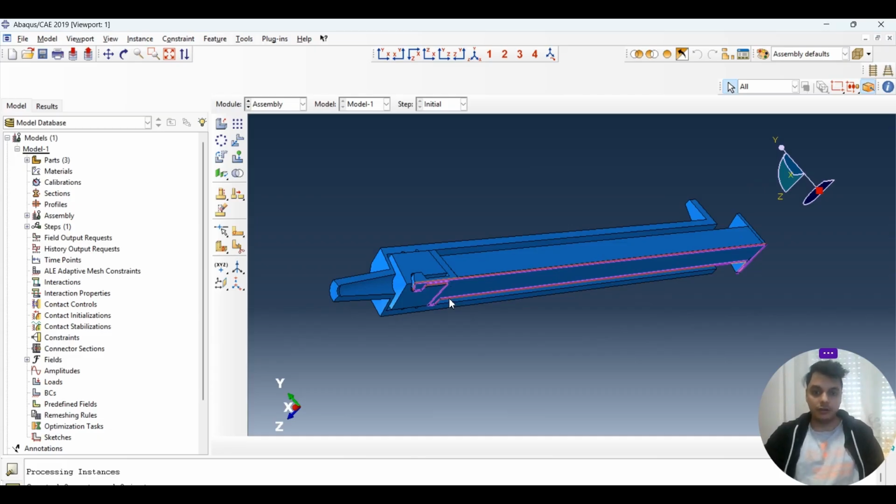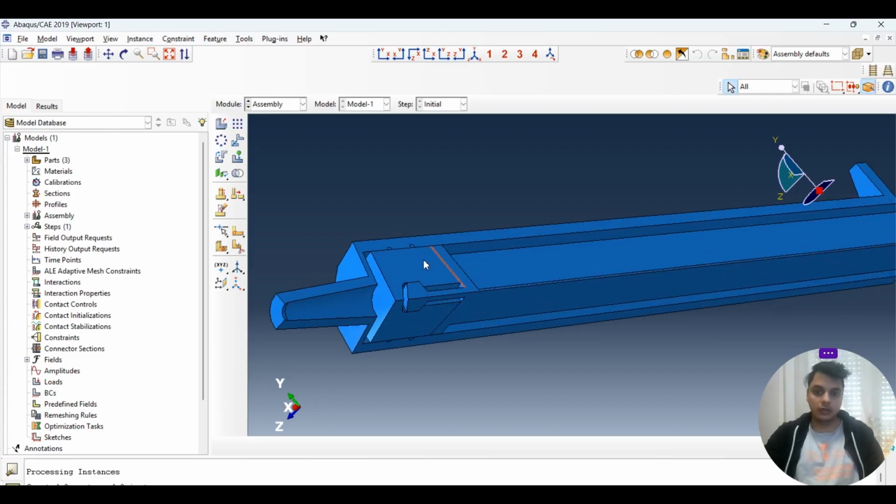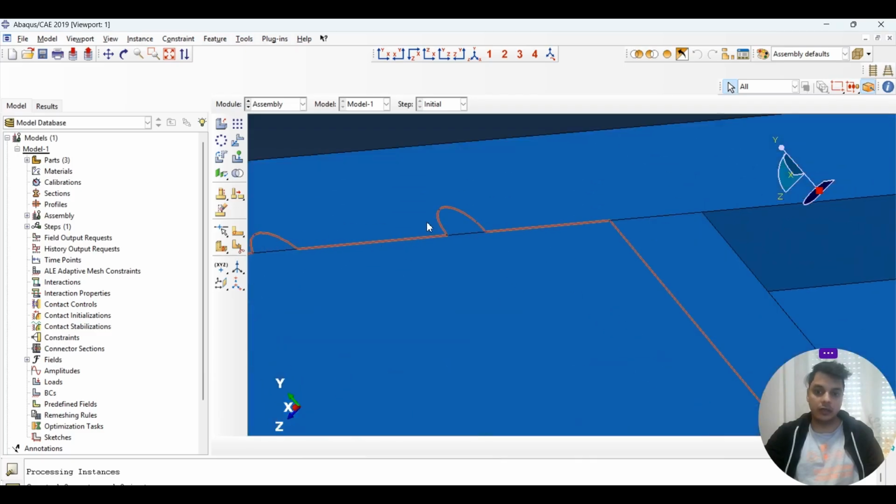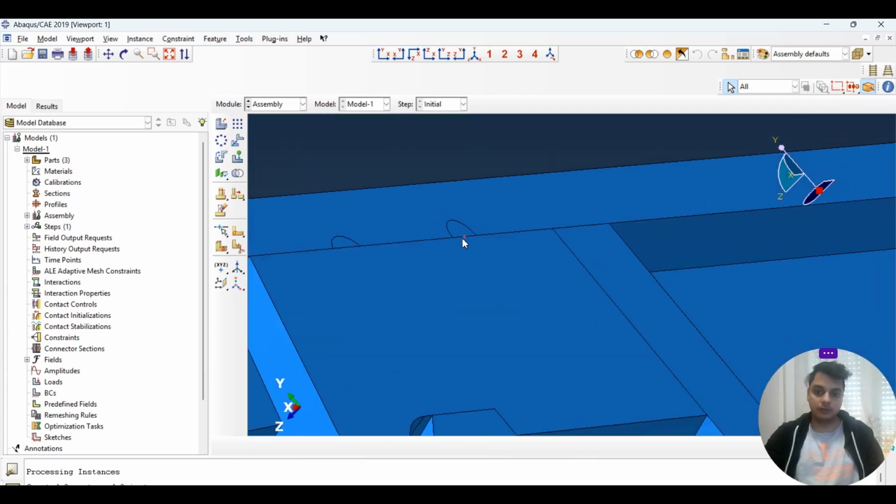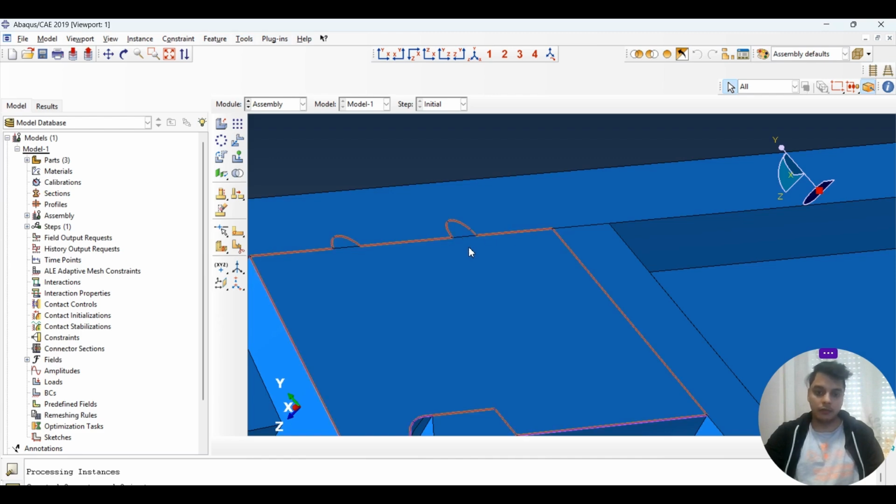We need a quadrant because we have to reduce the computational power. Later on, there is also a possibility that we can apply symmetry. Because of the symmetry we can have the other parts also, but for our use case it's good enough so that we can understand how much contact pressure the rubber is going to apply,